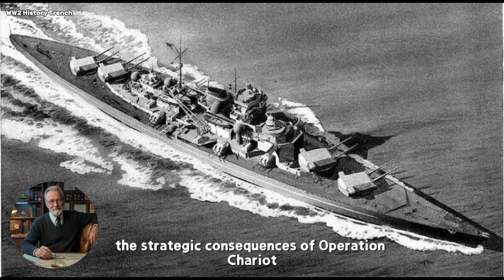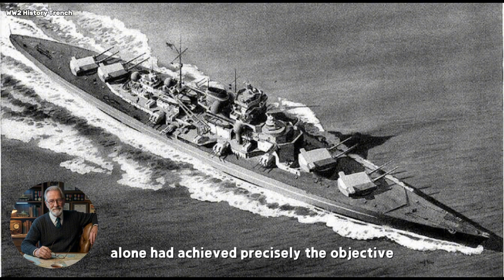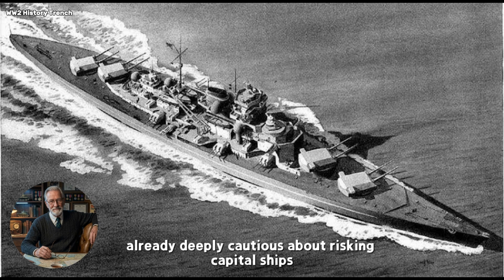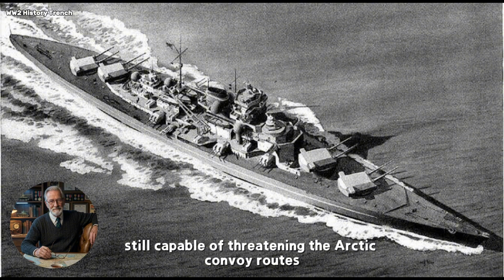The strategic consequences of Operation Chariot extended well beyond the immediate destruction of a single dock gate, though that destruction alone had achieved precisely the objective combined operations planners had set out to accomplish. German Naval Command, already deeply cautious about risking capital ships after the loss of Bismarck the previous year, now faced a strategic landscape in which Tirpitz, the one heavy unit still capable of threatening the Arctic convoy routes, had no